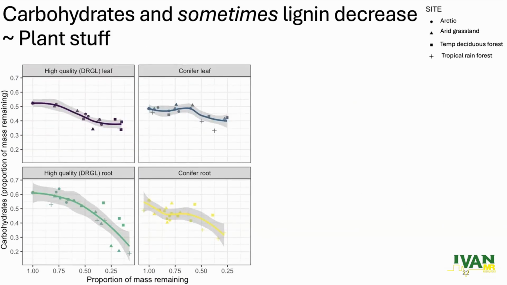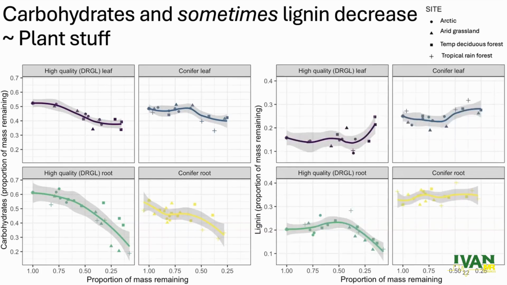Okay, so then this is moving to some of those mixing model results. Here I'm showing you carbohydrates as a proportion of whatever is left over. And in general, we see carbohydrates decreasing over time, in all cases, but not at the same rates. And then lignin sometimes decreasing, but often just hanging out and staying around,